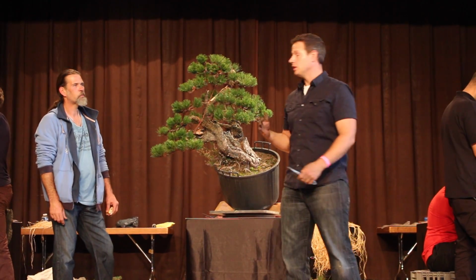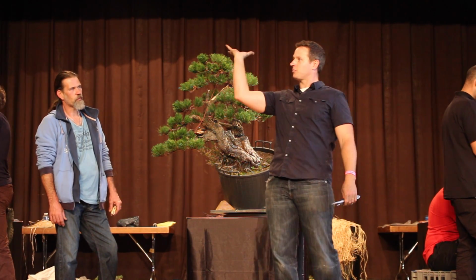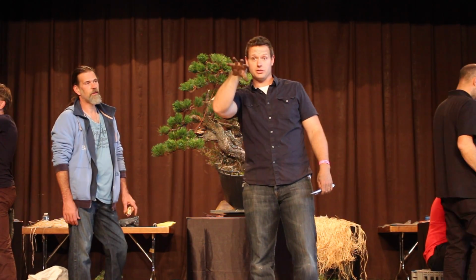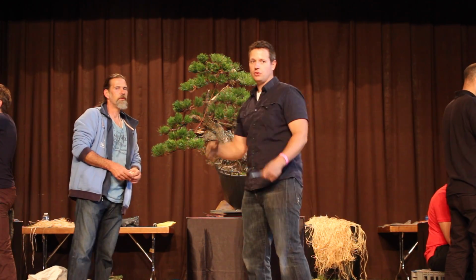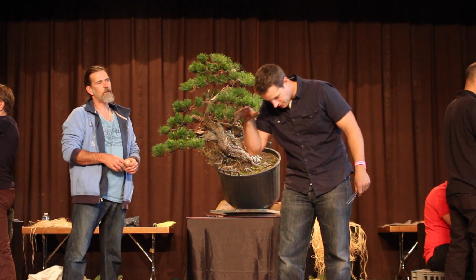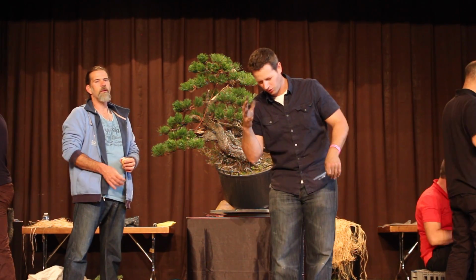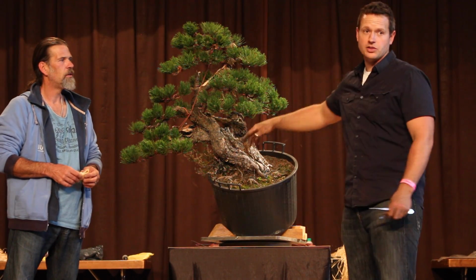This tree was really, really difficult because we took that big branch and we bent it down like this. So everything that was up like this was then facing down like this. So we had to take each one of those pieces and kind of turn it over while still respecting the fact that the branch... So when you do that kind of work, it takes a tree maybe a year or two from having its branch kind of here to naturalize and really grow into that shape and kind of relax so that it doesn't look so stressed. I'm really happy with the result,